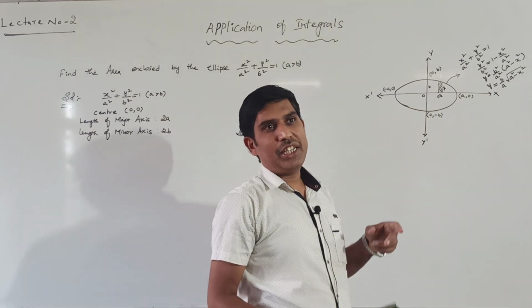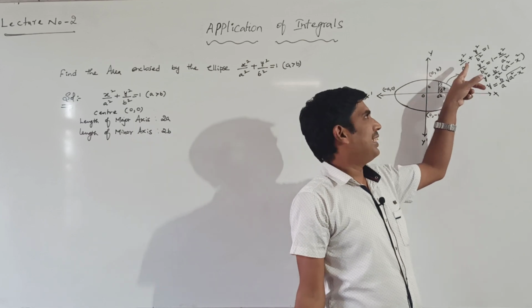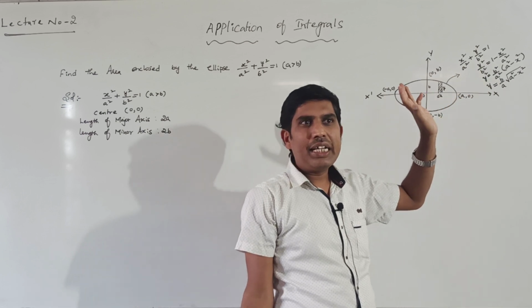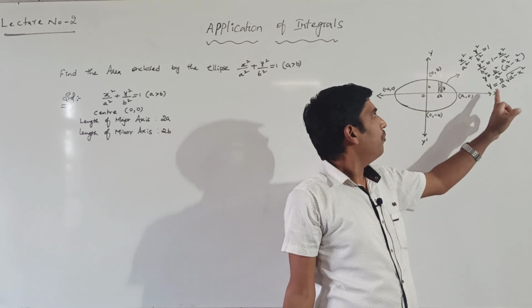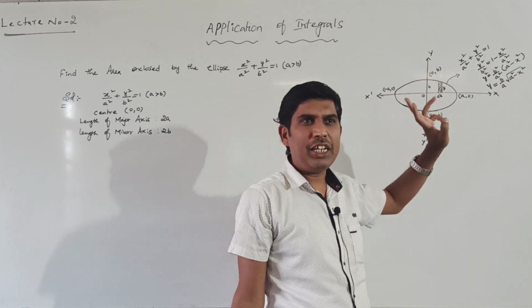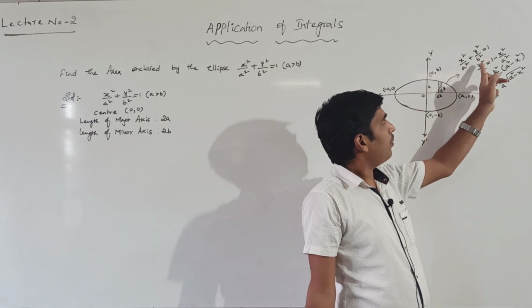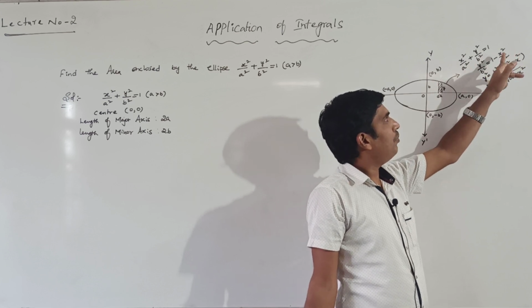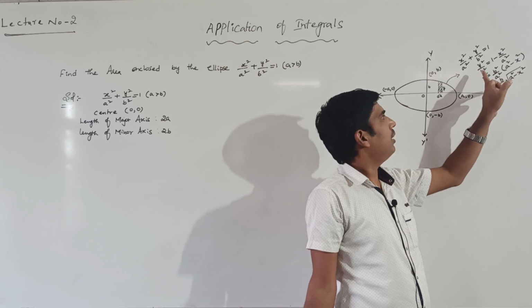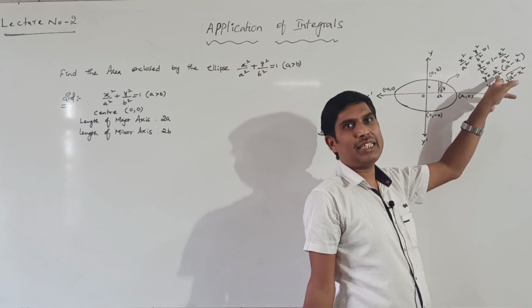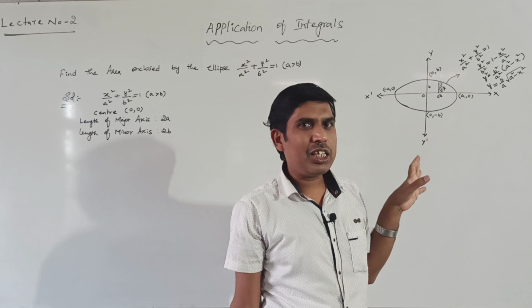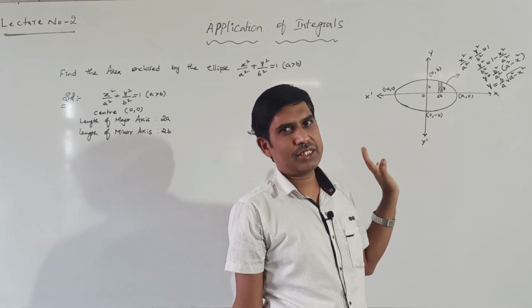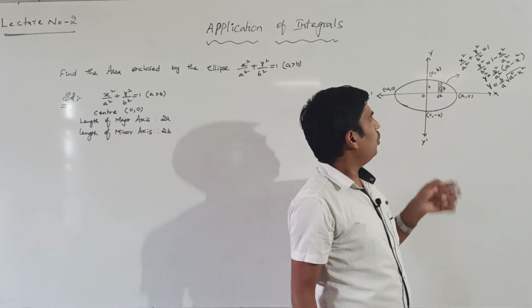See how I converted. So the given curve equation, x square by a square plus y square by b square is equal to 1. That one I written in the form of y is equal to f of x. First y square by b square is equal to 1 minus x square by a square. If you take LCM, a square minus x square by a square, this b square cross multiplied, we will get like this. Finally y, what will we get? Nothing but b by a root over a square minus x square. So now